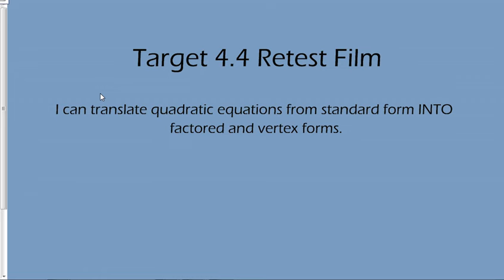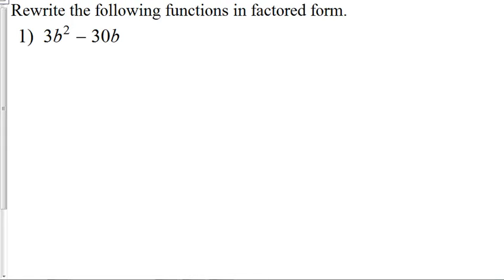You are watching the Target 4.4 retest film, which is translating quadratic equations from standard into factored in vertex forms. So we're going to start out with a GCF factoring problem, and that is taking out the biggest number and the amount of letters that you can from each